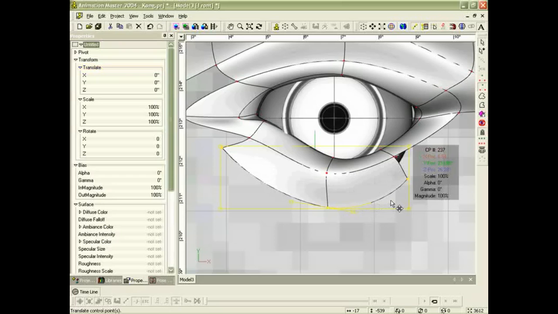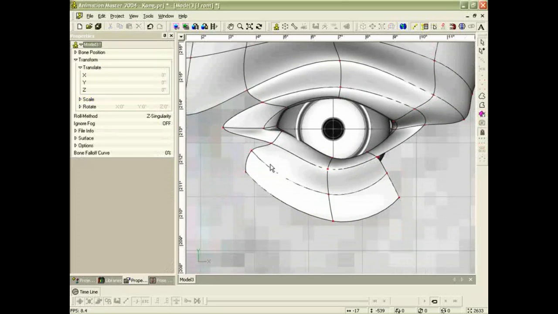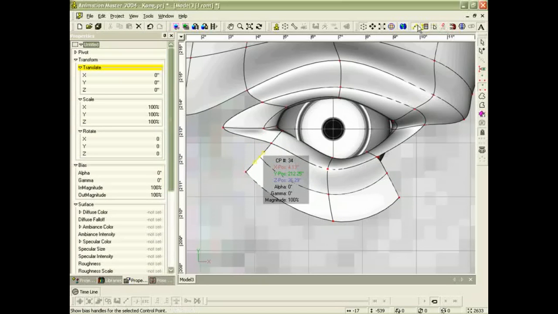Any variable in Animation Master can be driven by your own code. Also, any variable in Animation Master can be driven by expressions. You can have a function rather than any other